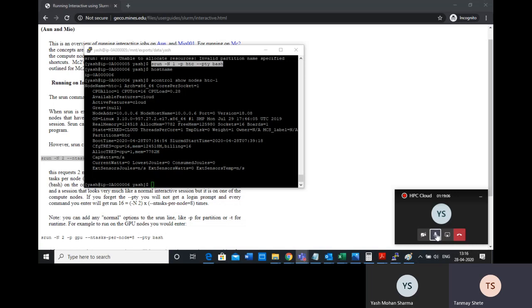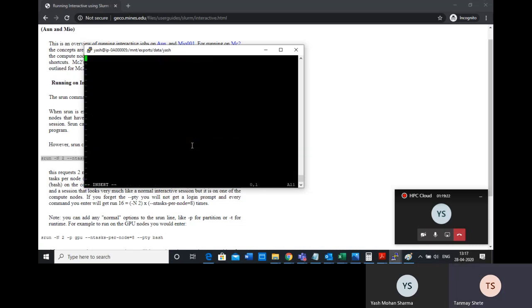So did you get this point? You are now in an interactive session, and within that you can do anything. For example, I am creating a new file, testfile.txt, and I can say this is an interactive session in Slurm schedule.